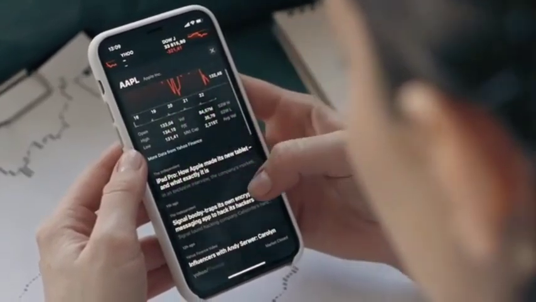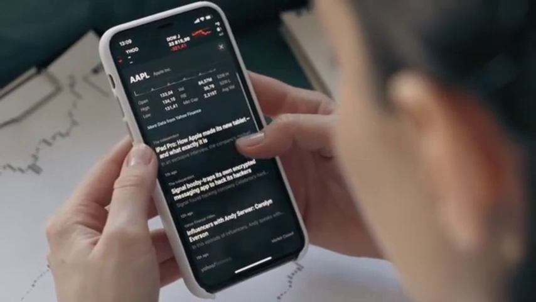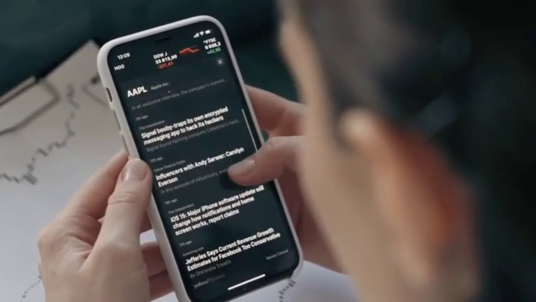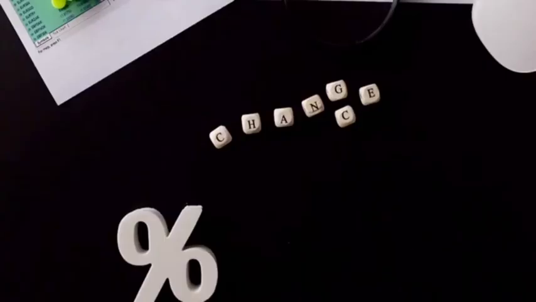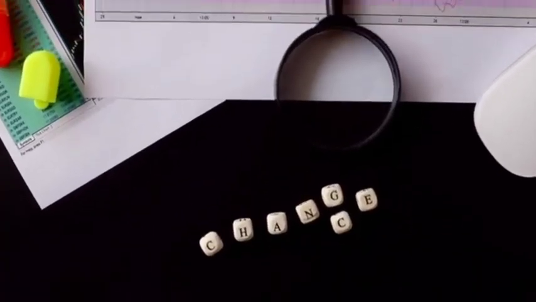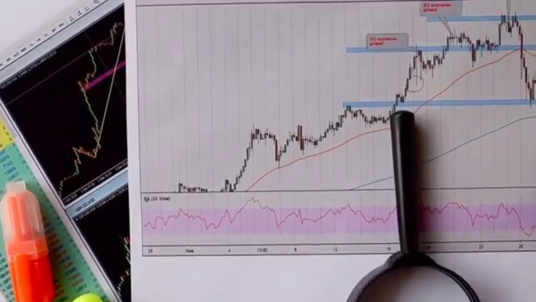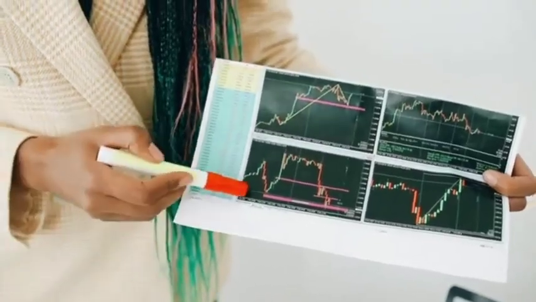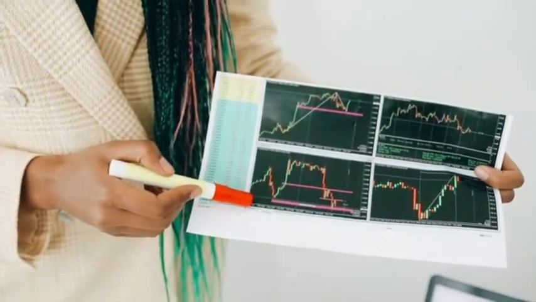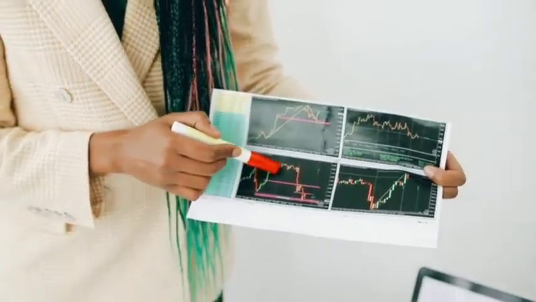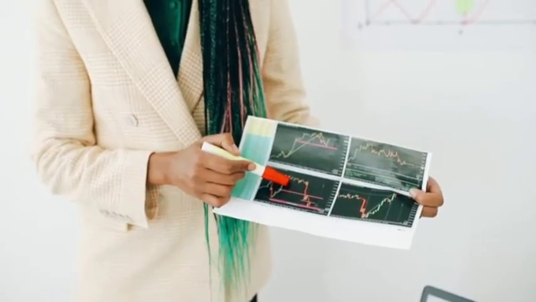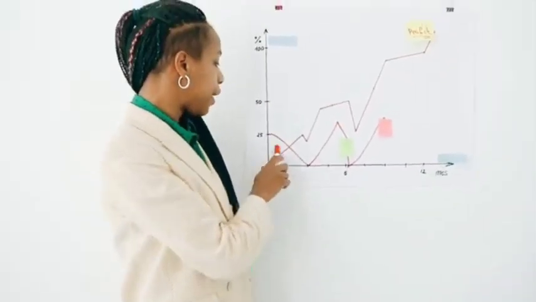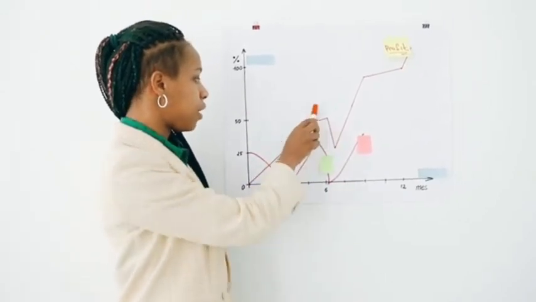A stock chart shows you a visual representation of what price has done over a certain period of time. For example, you could be looking at a 50-minute stock chart that shows what the price is doing every 50 minutes, or you could be looking at a long-term chart such as a weekly chart. Stock charts are used to quickly get an idea of what price has done in history and what it could do in future. Many technical analysis and price action traders use this sort of chart to find patterns and trends to help them find their trades.